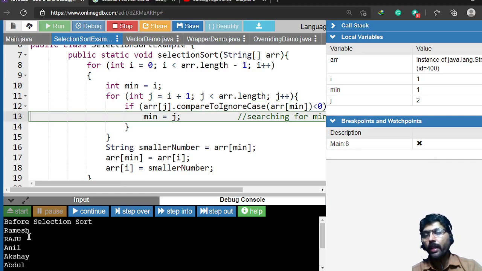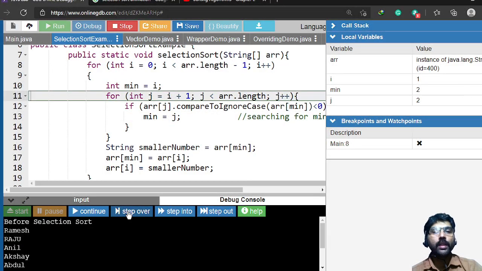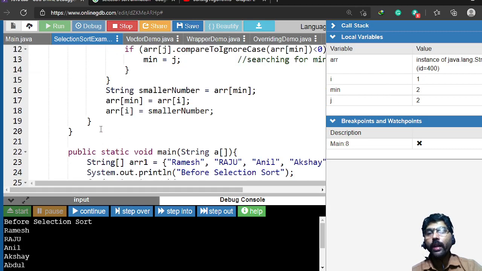Now the comparison is here Abdul, and here it contains Ramesh. Now Raju is compared with the Anil. Anil is smaller, Anil is the minimum value. Now minimum is 2 here, see. Like that I have to continue for each step, and I get the sorted order.